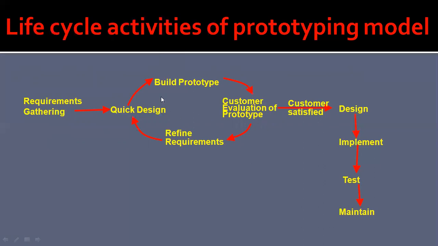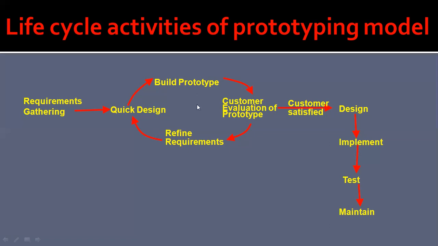In this prototyping construct, before constructing the original software, first a prototype is built and given to the customer for evaluation. The customer gives his views about the software and any drawbacks. Then we have to refine and make a quick design, and build a new prototype. Again that new prototype is given to the customer for evaluation. If the customer is satisfied, he will say so; otherwise he will refine the requirements again, and then a quick design will be made.